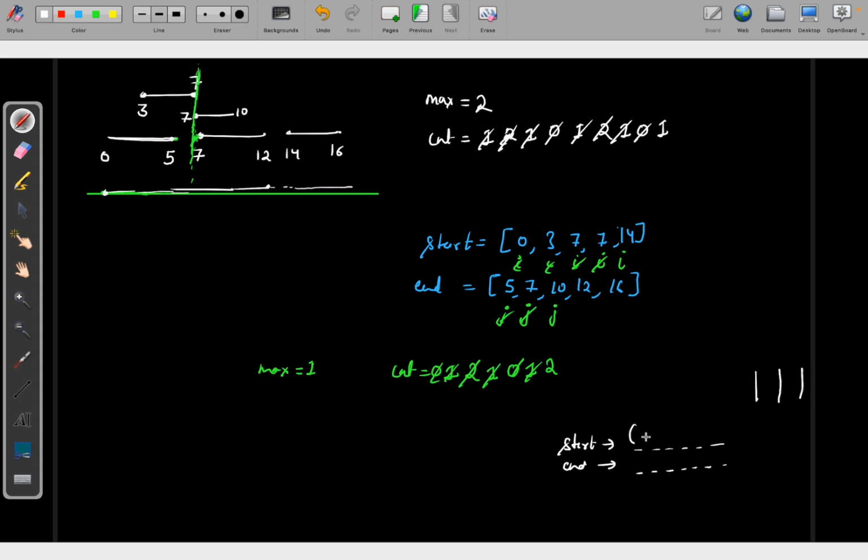So suppose one train is coming at 6 a.m. and leaving at 8 a.m. Then one train is coming at 9 a.m. and leaving at 3 p.m., and one train is coming at 10 a.m. and leaving at 2 p.m. So basically what you are doing is finding out what will be the minimum platforms required